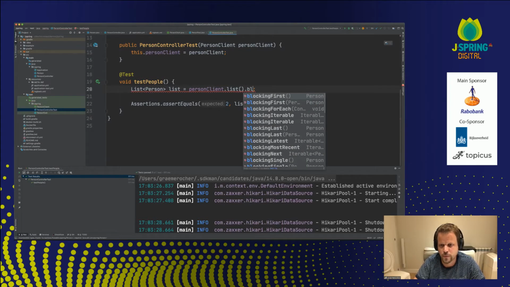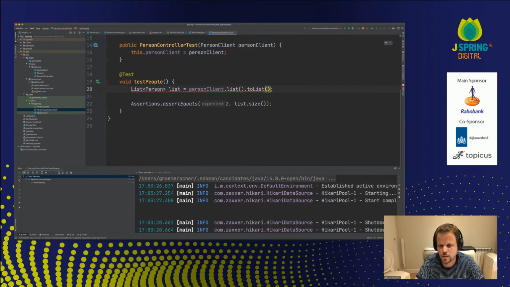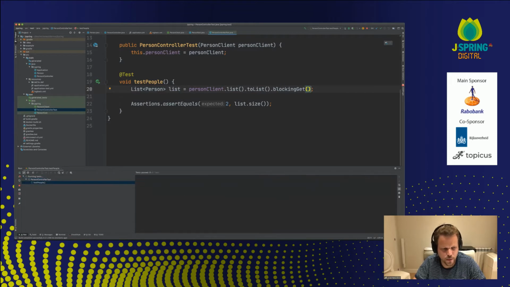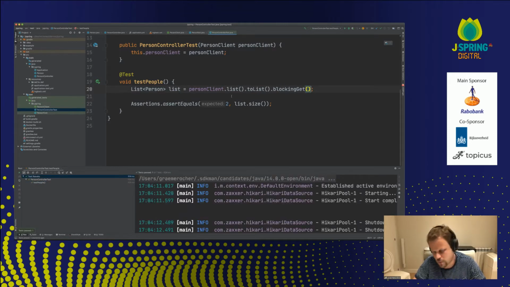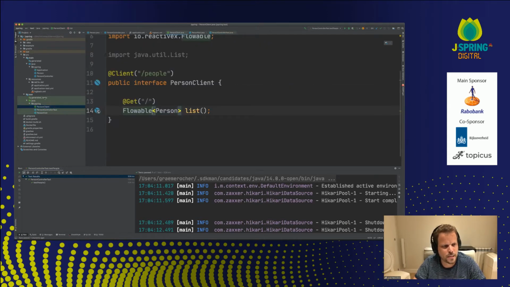So if I do blocking, I think you have to do toList blocking get or something like that. That is going to effectively do the same thing, but if I wanted to, I could subscribe to the results and implement completely non-blocking logic in my client interface. So that's pretty cool.